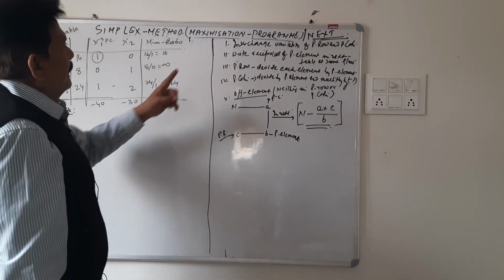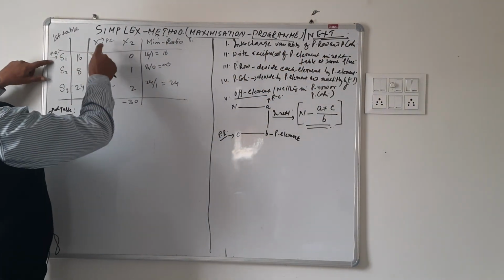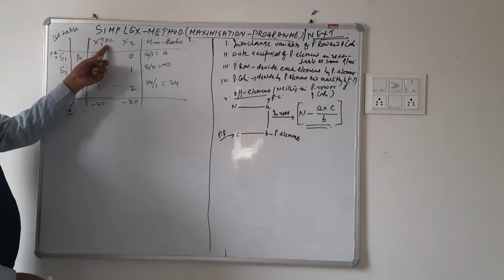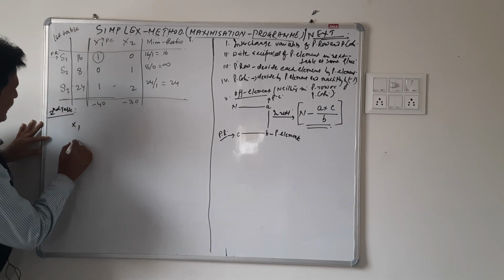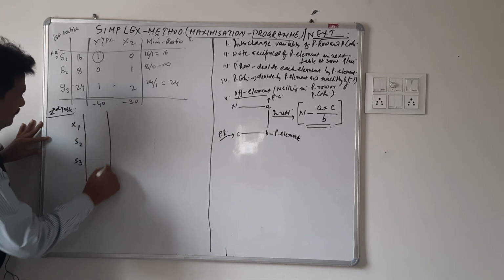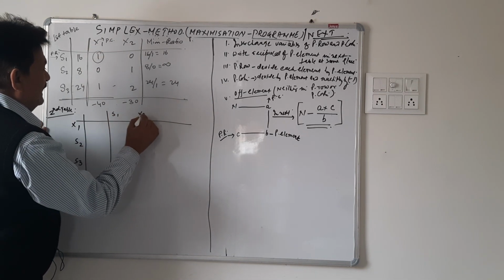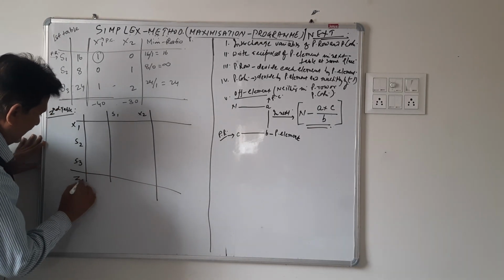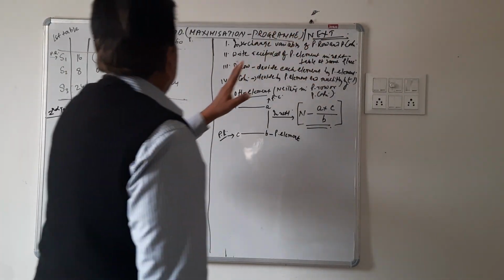Number 1 says to interchange the variables of the pivot row and pivot column. In the next table, both will interchange their places. So x1 will come down here and s1 will go there. So we have x1, s2, s3, and now s1 goes there. So s1 and x2. This work has been done. Z. So, interchange the variables of the pivot row and pivot column.